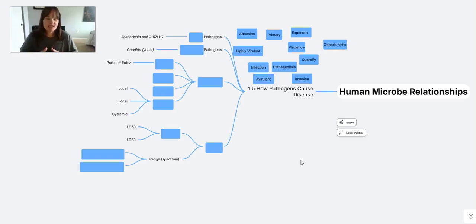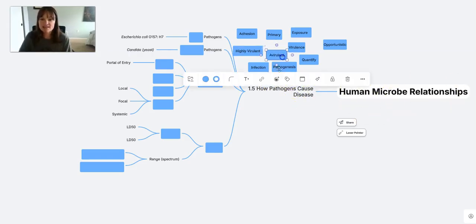I hope you are in a quiet place, free from distractions, and you are able to give your full attention for 5 to 10 minutes so that you can make the most of the time you're spending studying. Pull out your favorite way to build the concept map with me. Make sure you're writing it down right along with me, whatever that method is, so that you're firing the most neurons you can. Okay, so our goal for this unit is to learn about human-microbe relationships, and in this topic